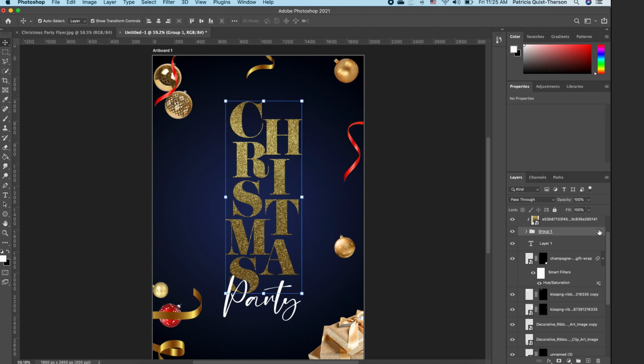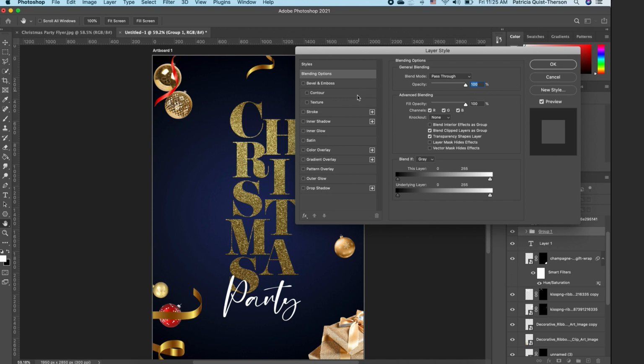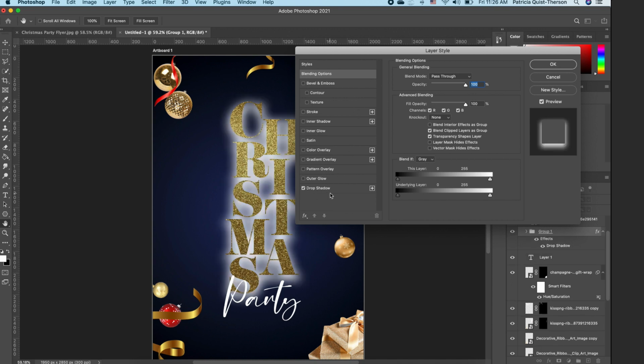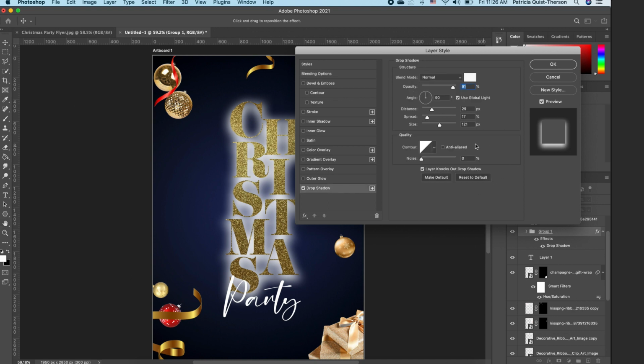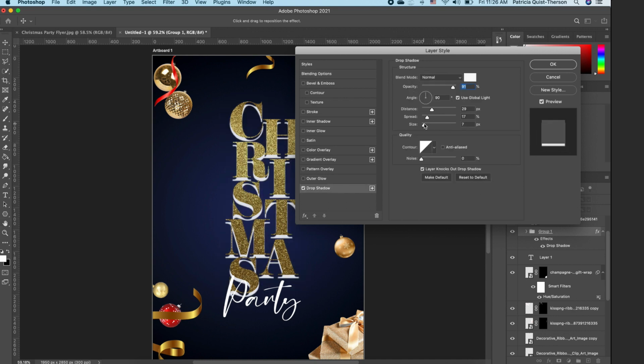So we're going to double click on our group. The layer style comes up. We want to add a drop shadow. We want to click on our drop shadow and decrease our size, which reduces the spread of our shadow. We want to decrease our distance as well so we don't get too much of a shadow effect. Now I am going to move my angle so that we get our shadow from the side,